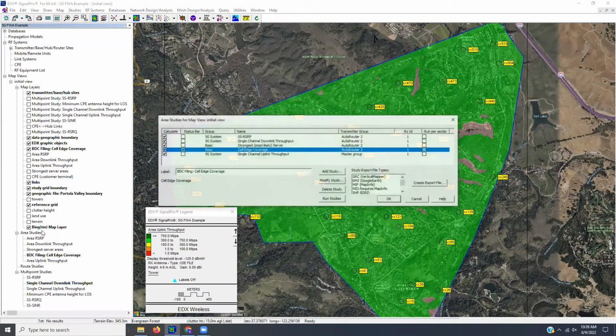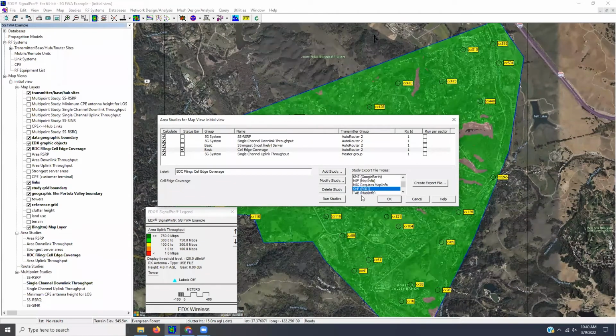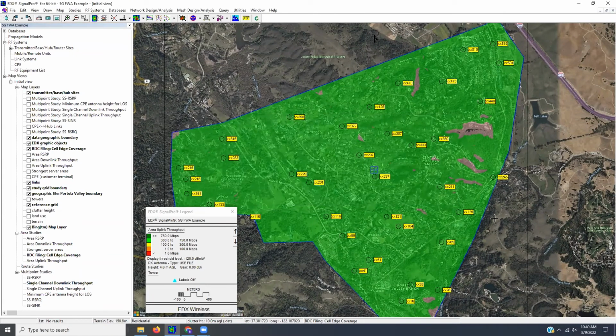And I would take this and export it to whatever my export format is going to be, probably shapefile Esri. You're allowed to submit it a couple of different ways, so depending on your GIS platform that you choose, maybe you'll do MapInfo or shape. But that area coverage is the key thing that